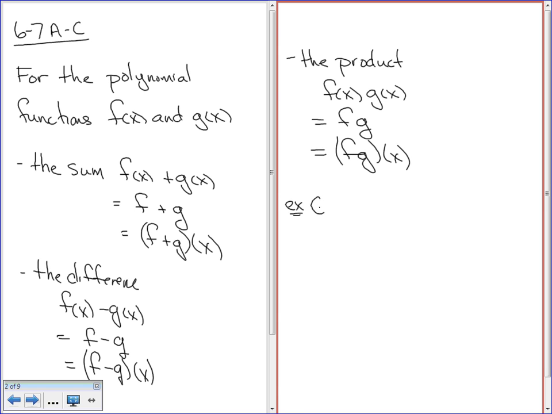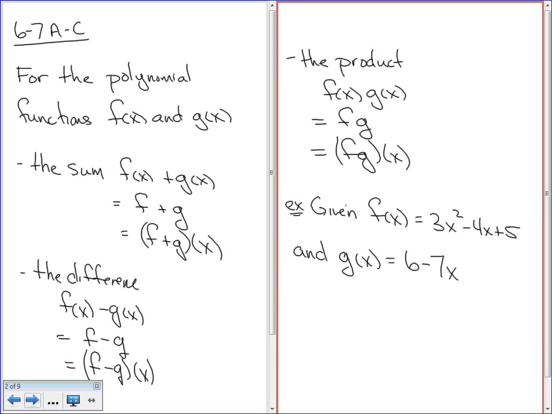Example given. The function f of x is equal to 3x squared minus 4x plus 5. And g of x is the function 6 minus 7x. Determine